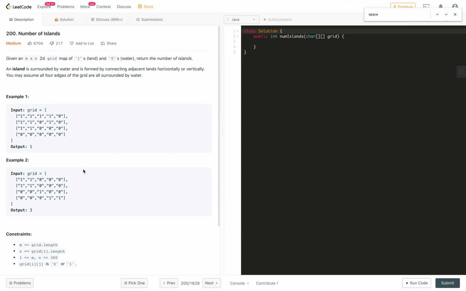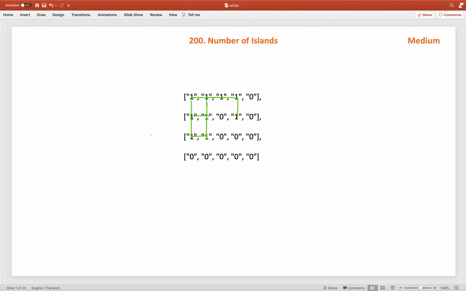So, how will we solve this problem? Coming up with the DFS approach, the recursive solution, is very straightforward. For the DFS solution, let us say this is our M cross N grid. We will start with the row index I. For I equal to 0, we will go to the number of total rows, which is M.